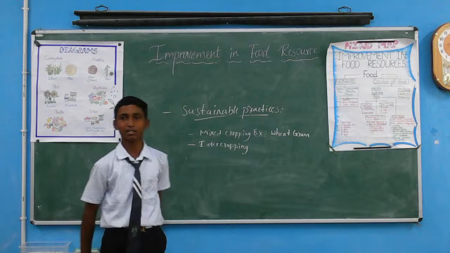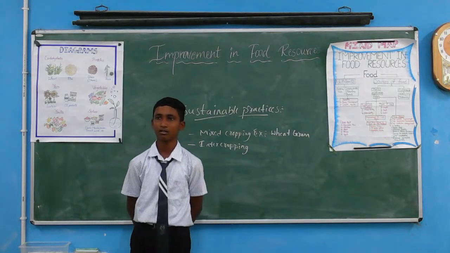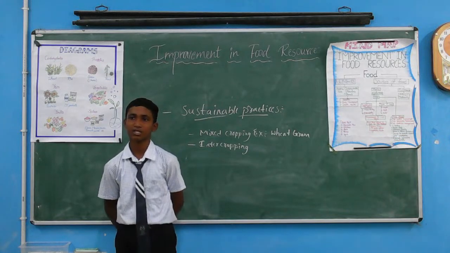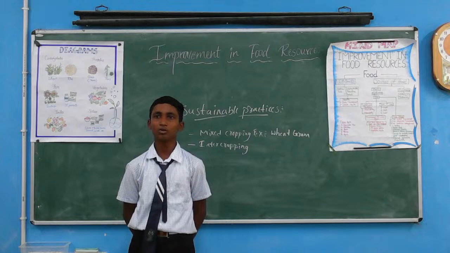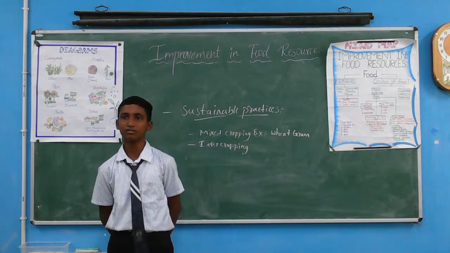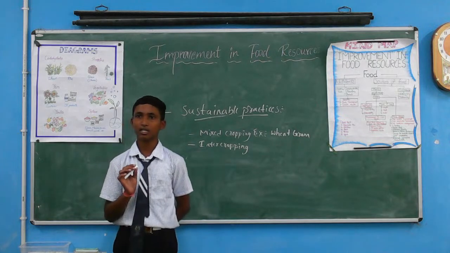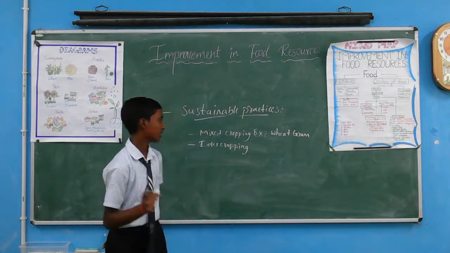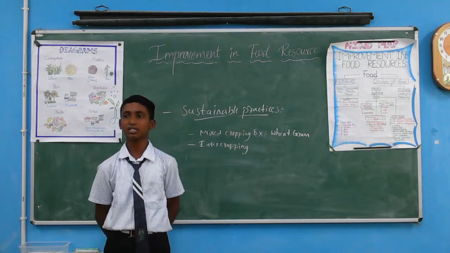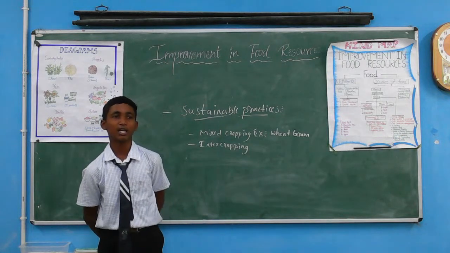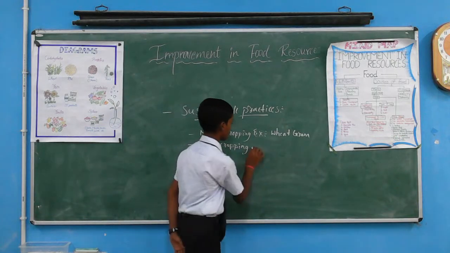Then the second one is intercropping. Can anyone from the past tell about intercropping? In this process, more than one crop is grown in a field in different patterns. Yes, it is correct. Intercropping is a form of cropping in which two or more crops are grown on the same field in different patterns. In this, the required nutrients of the two crops should be different from each other. The advantage of this cropping is that pests and diseases will be prevented and soil fertility will be improved. Example for this cropping: